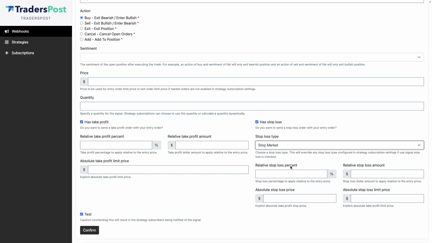So if you have a $100 entry price and you're going long and you put in a 10% stop loss, that means you'll get a stop price configured at $90. Similarly, if I were to put $5 in here, that would basically subtract 5 from 100 and you'd get a stop price of 95. And then if you don't want to have TradersPost do the math on our side, you can just send an absolute stop price and stop loss limit price. And then it's really the same thing for take profits. You have the relative percentage and relative dollar amount, and then you can also just specify an absolute take profit